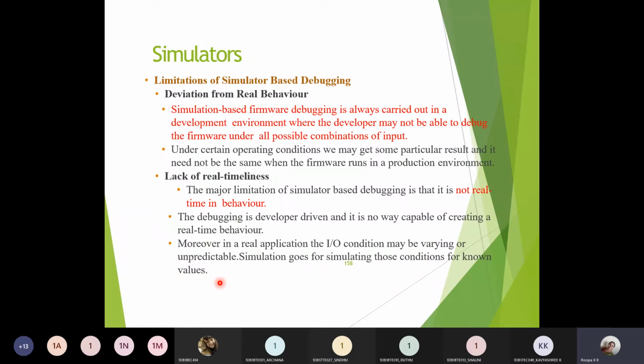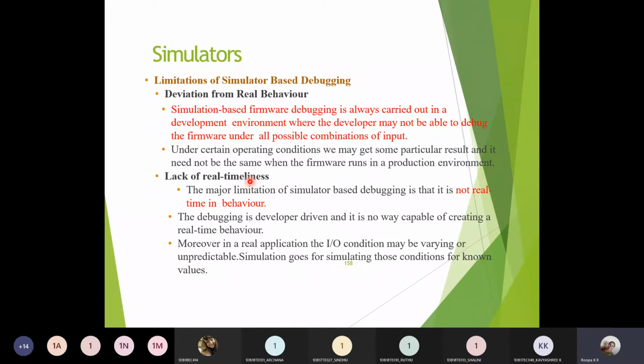So what are the limitations with respect to the simulator? Deviation from the real behavior, lack of real timeness. As I already told you, since you cannot use this particular simulator in a real-time application, because in case of a real-time application the input parameters will keep on changing, but the simulator may give the values at different instants.